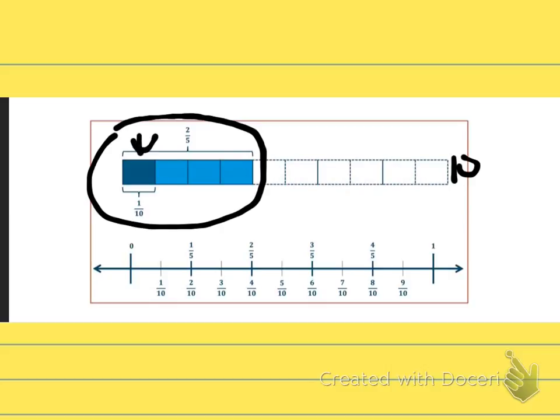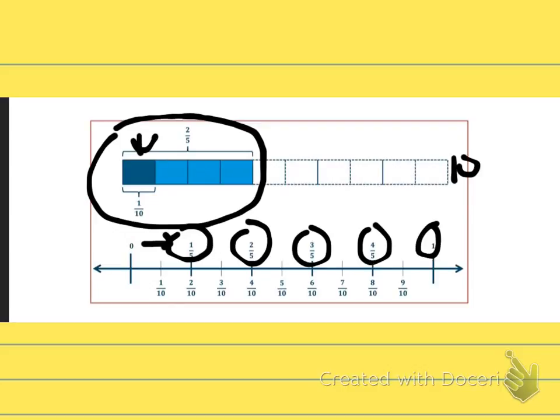And down here, with the number line, if you can see, the top of the number line is divided by fifths. So split this one whole into 5 pieces, and I'll split this one whole into 10 pieces, and you can see that the 1/10,